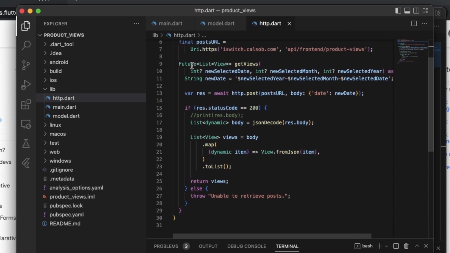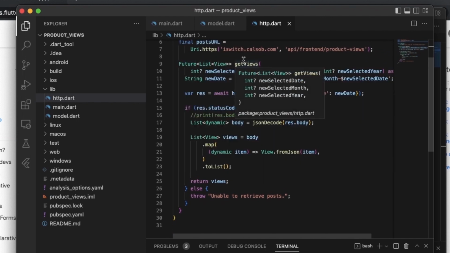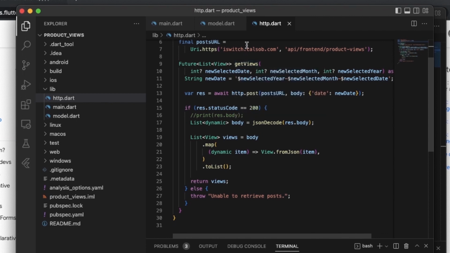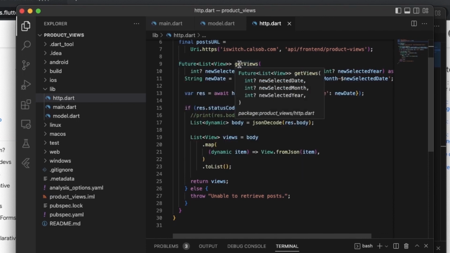Just below this we are using Future. Future is something in Flutter that allows us to use data that we don't know yet. If we are about to get data in the future, and we don't know about it in the present, then we can use this Future data type. I haven't got lots of explanation about Future, but all I can gather is that Future is something we use when we will get the result or the data in the future. So this getView